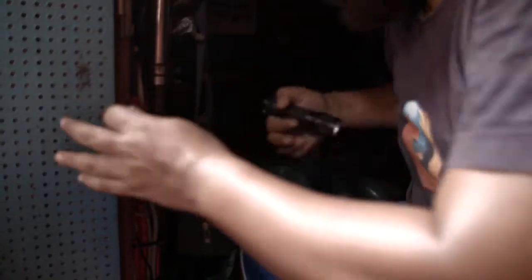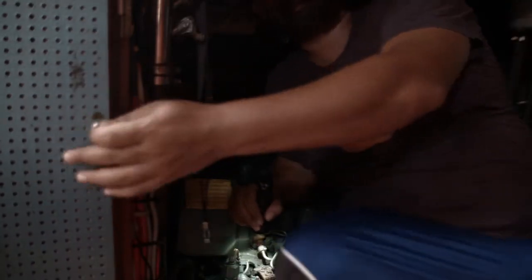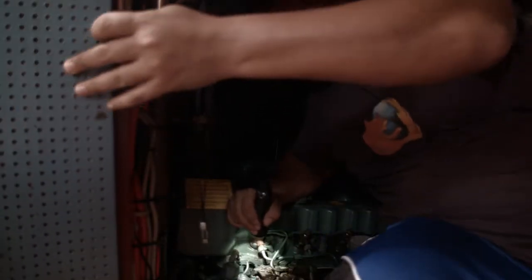And today I thought that I would just tackle that problem and get it sorted out, since I just arrived back on the boat. Yeah, it didn't quite go as I expected it would. I'm in the engine room now, and I need to get this light turned on,